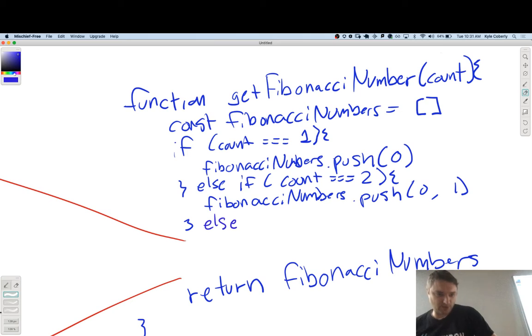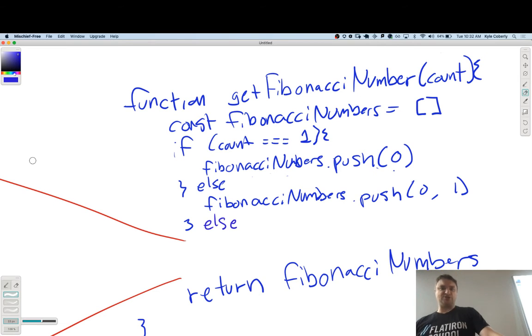I'll make it a little smaller. So we'll say that's just a regular else.